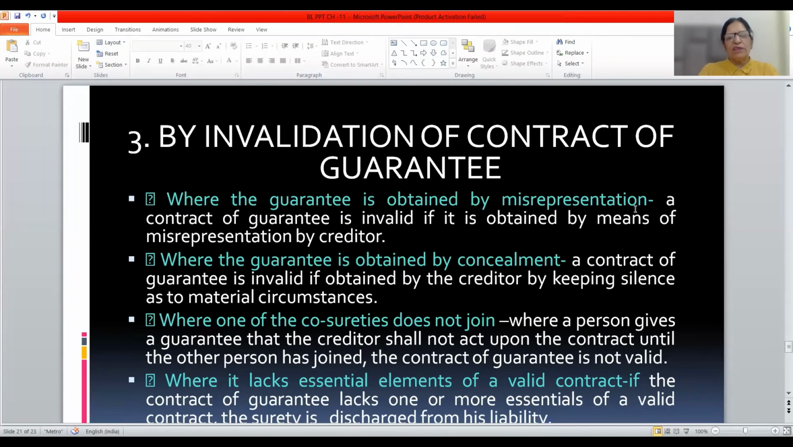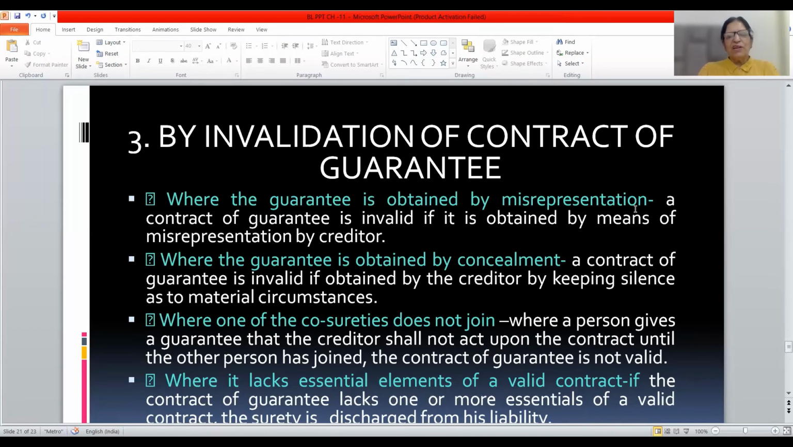The moment he comes to know, he can say, no, I'm not liable now, because the guarantee was obtained by concealment or fraud. Where one of the co-sureties does not join: here, the surety does not want to be the sole guarantor. X is the surety. He says, no, Y will join, then only I will give the guarantee. And Y does not join. Then, friends, the contract of guarantee is not valid. Where it lacks the essential elements of a valid contract: